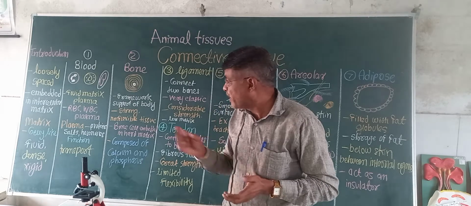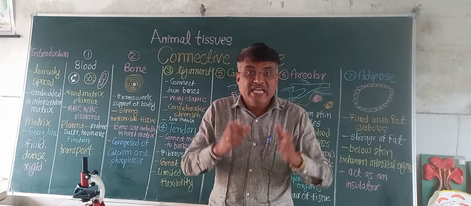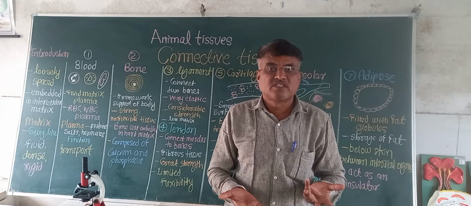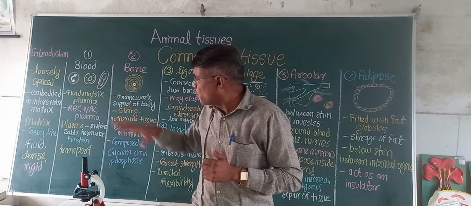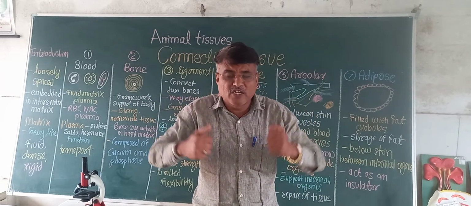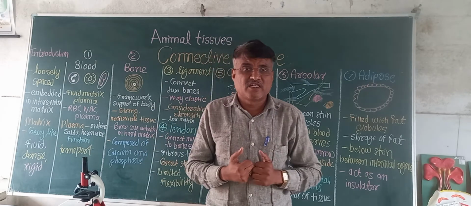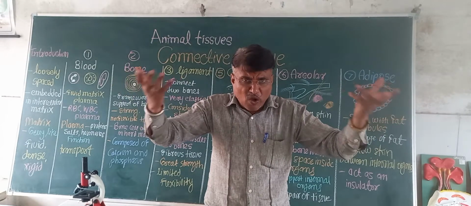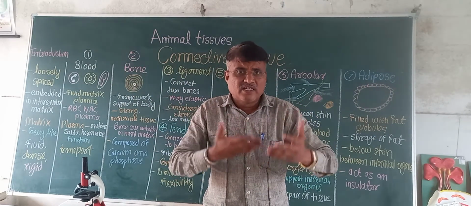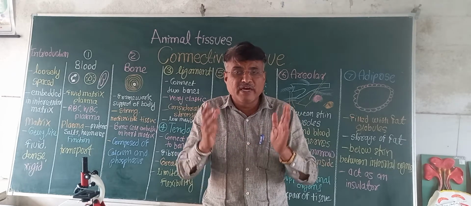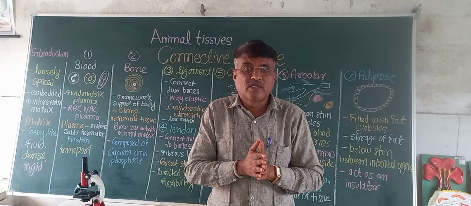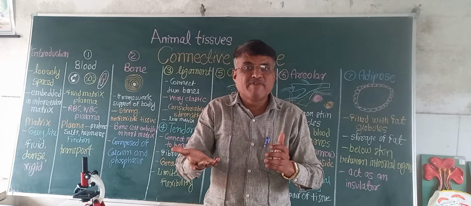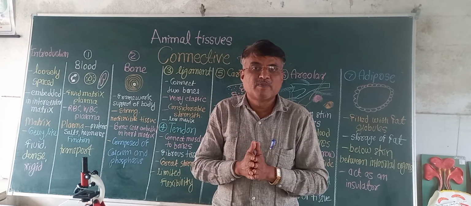And what is the function of plasma, the liquid part of the blood? That contains the hormones, also salts, proteins, and that is very important for our body. And the overall function of the blood, all of you know. What is the function of blood in our body? The food we take gets transported through the blood. The water we take, the oxygen, carbon dioxide, all these are transported by blood. And even the waste products in our body also get transported to the excretory part, like the kidney. By which? Blood. This is the transport function of the blood.